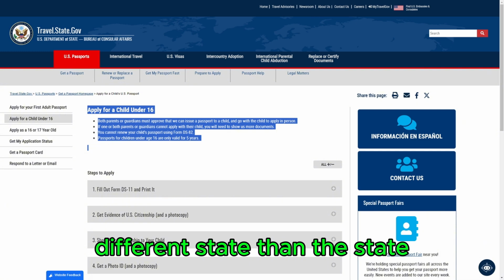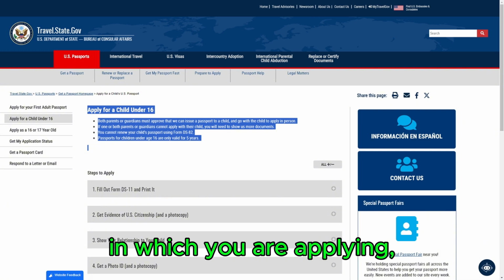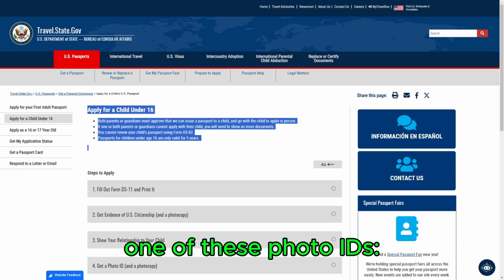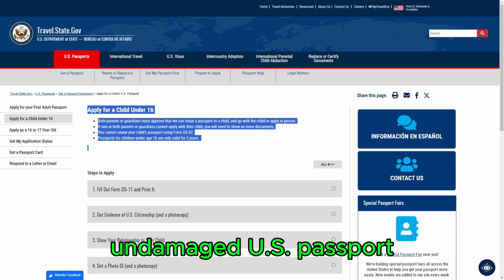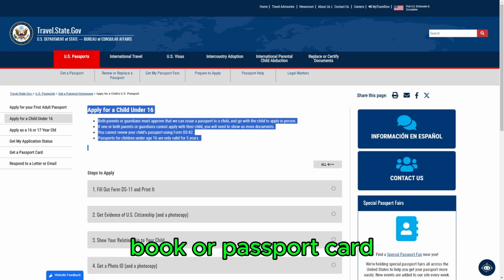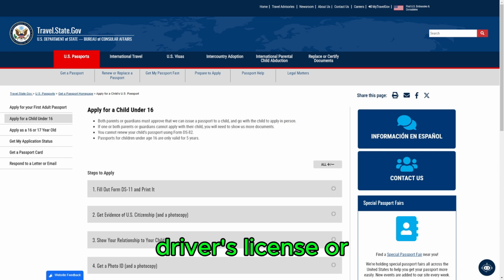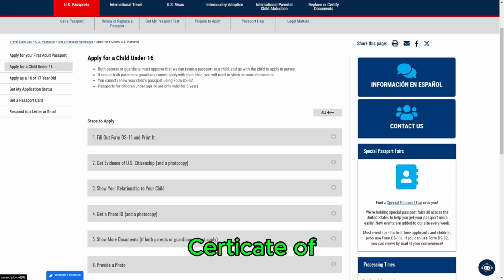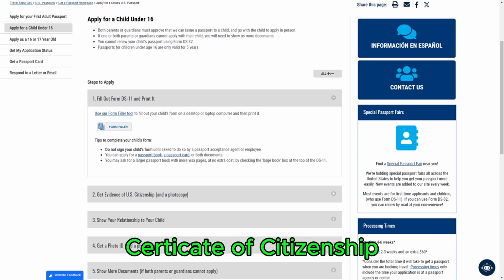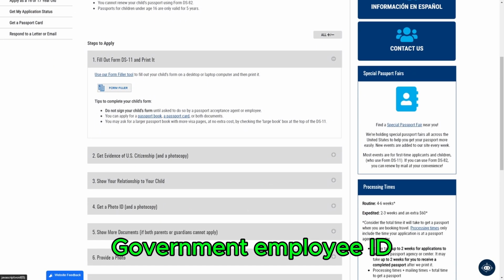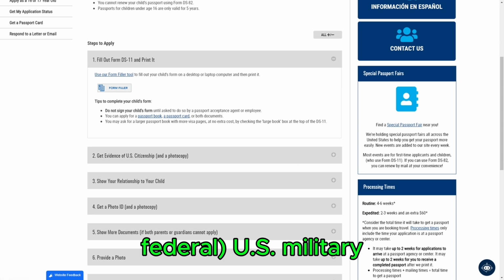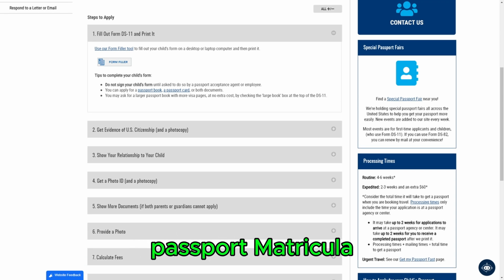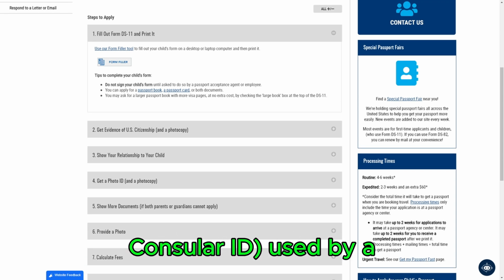If your photo ID is from a different state than the state in which you are applying, bring a second photo ID. You must show at least one of these photo IDs, valid or expired: undamaged US passport book or passport card; in-state, fully valid driver's license or enhanced driver's license with photo; certificate of naturalization; certificate of citizenship; government employee ID, city, county, state, or federal; US military or military dependent ID; current valid foreign passport; matricula consular Mexican consular ID,